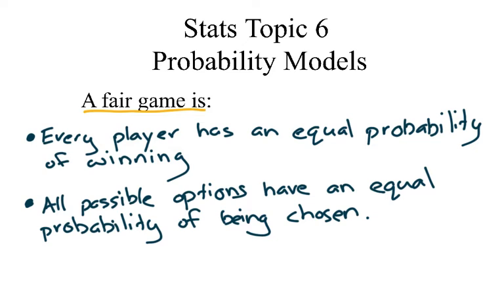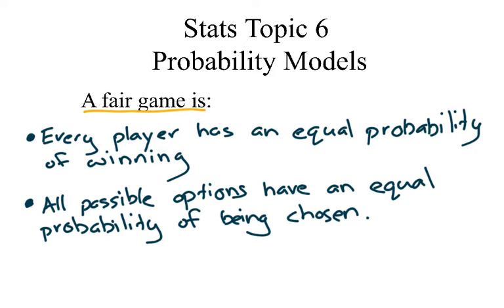So a lot of times we use fair informally. So it's not fair that Johnny has more video games than me, and it's not fair that Susie didn't have to take Spanish this year. So technically that is a very informal definition of fair. Those are a matter of opinion. So when we talk about fairness in terms of probability, we're talking about it very formally in context of games